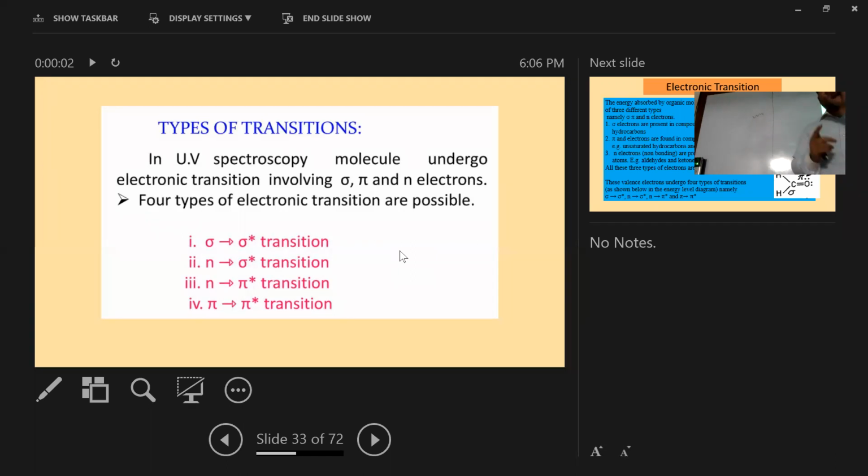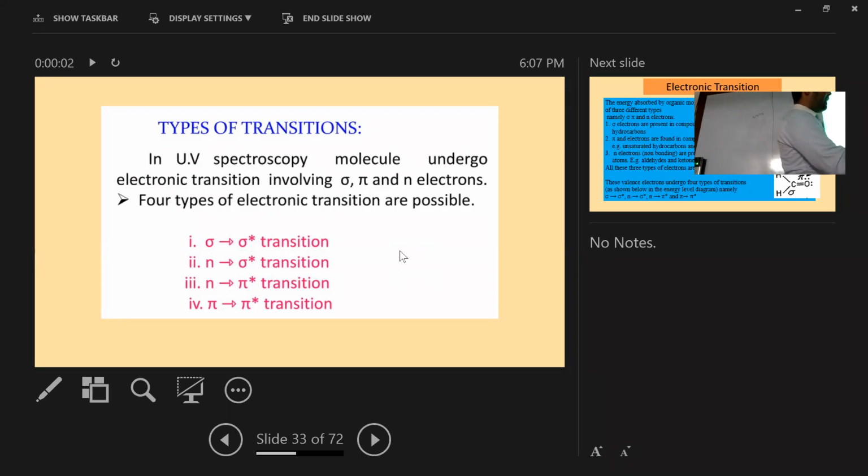One sigma, one pi bond. And these are non-bonding electrons, or lone pair electrons. So this is non-bonding electron. Now, if you give some energy to this molecule, it can have different types of transitions. That means if you give some energy, if it is very high energy, it can absorb